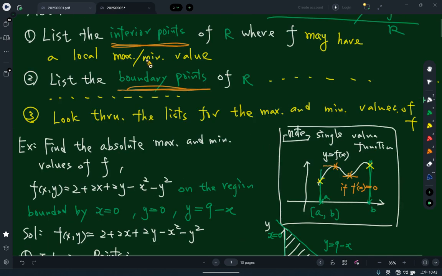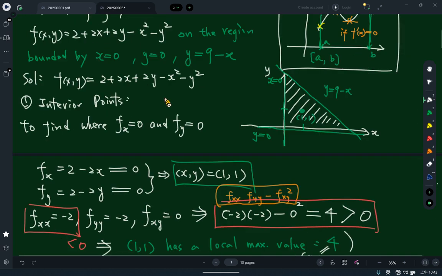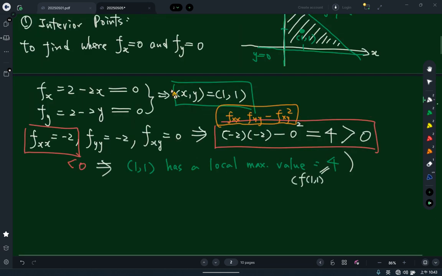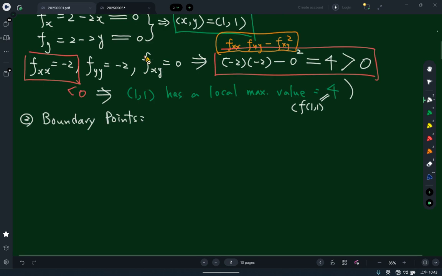Okay. Then after the interior point, the second step is boundary points. So then we continue to focus on the boundary points. So for boundary points, you can see this is a boundary point. This is also a boundary point. This is also a boundary point, right? So we need to consider 3 cases. The first case is